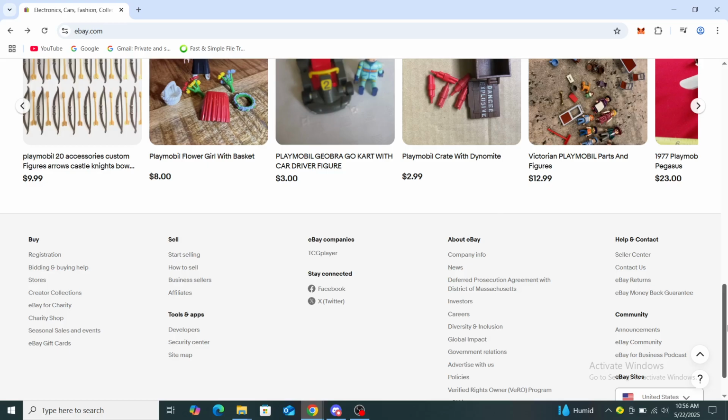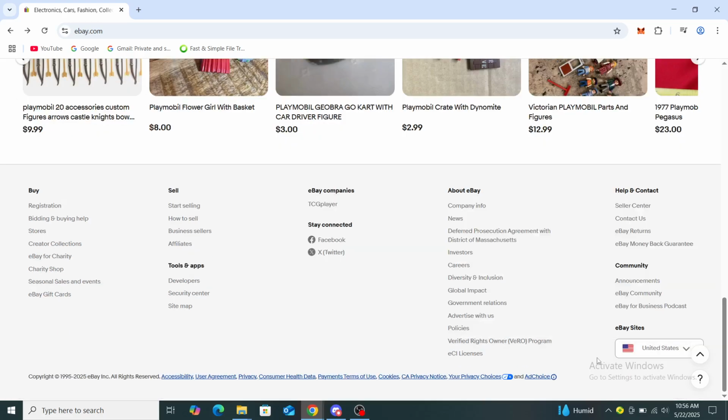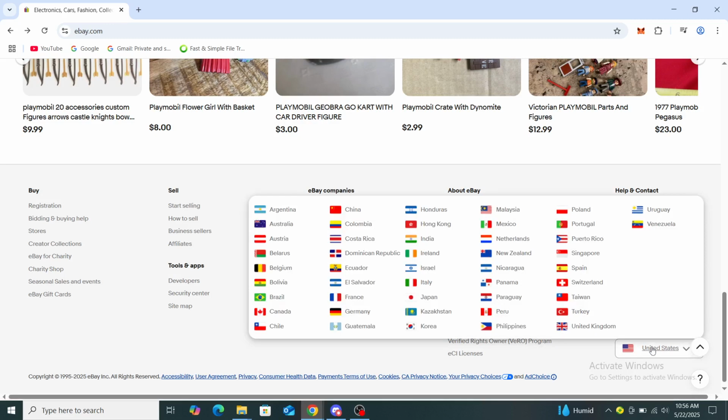On here, if I scroll all the way down, I can see here it says eBay sites. Now to change currency, you will need to change the site that you're looking on. So this is the US version of the site, so everything is going to be in dollars. If I wish to change to, let's say, pounds, I will go to the UK version. So if I click on